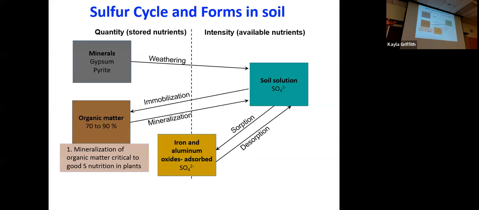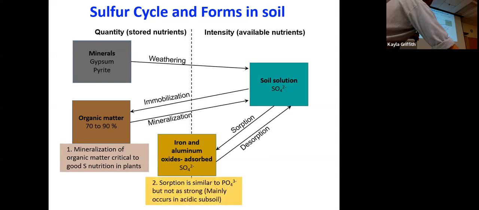So mineralization is actually the breakdown of this organic material that's important for remobilizing or mineralizing this material so the plants can use it. The building of organic matter needs to be balanced by the mineralization of it, so like the freeing up of sulfur. It has a similar physicochemical mechanism that phosphorus does, that kind of covalent bonding at the surface,